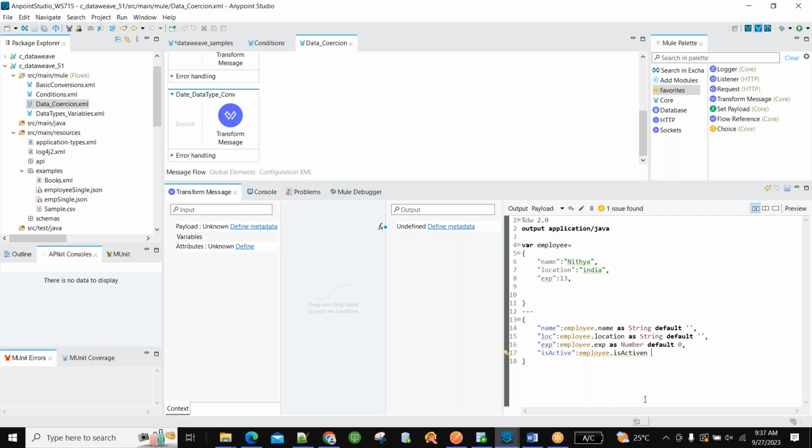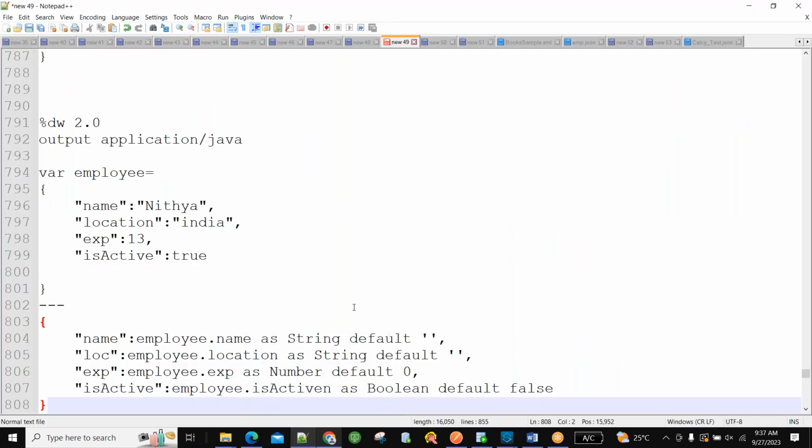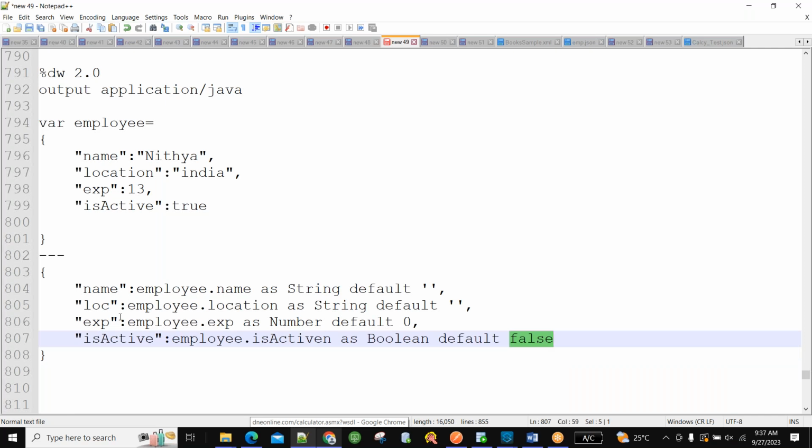So in order to fix that issue, what we have to do is: if the element is coming, map it. If the element is not coming, take a default value such as false or true or 0 or 1. It depends. If it is a number, we will give it as 0. If it is a string, we will give it as null. If it is boolean, we will give it as false. Some default value we have to give, so that the API will not fail and the flow will not stop. At least a false value will go to the target system.